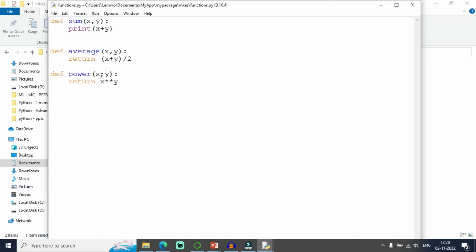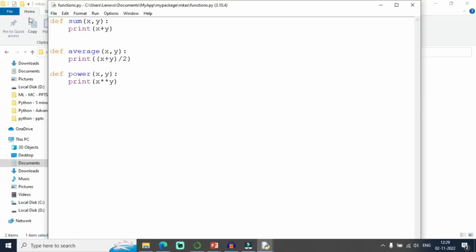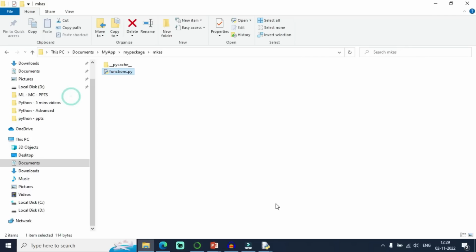For example, I want to print the average: print of x plus y by 2, and print of x power y. Clear with this?